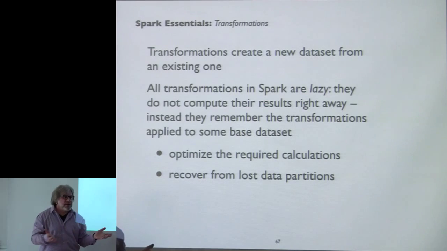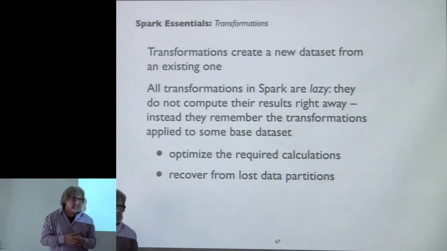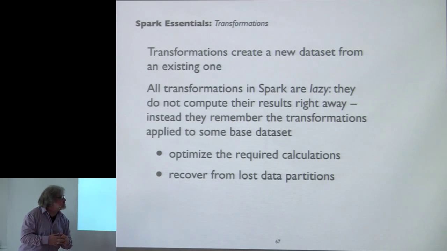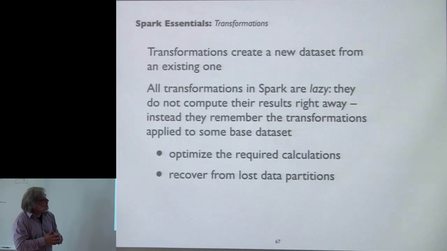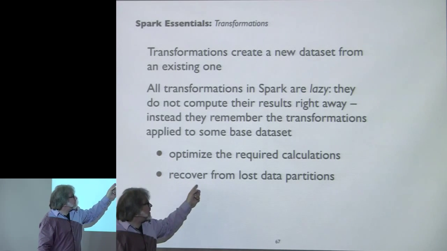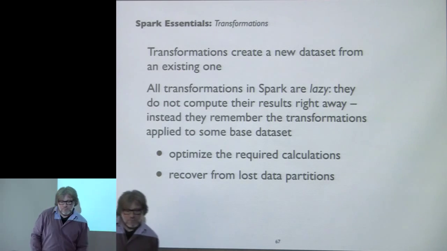So if you're using Parquet, for instance, it will allow for filter scans and a lot of predicate movement, and you get huge performance increases as a result. The other thing that the lazy eval gives you is a way to have fault tolerance, have recovery from lost